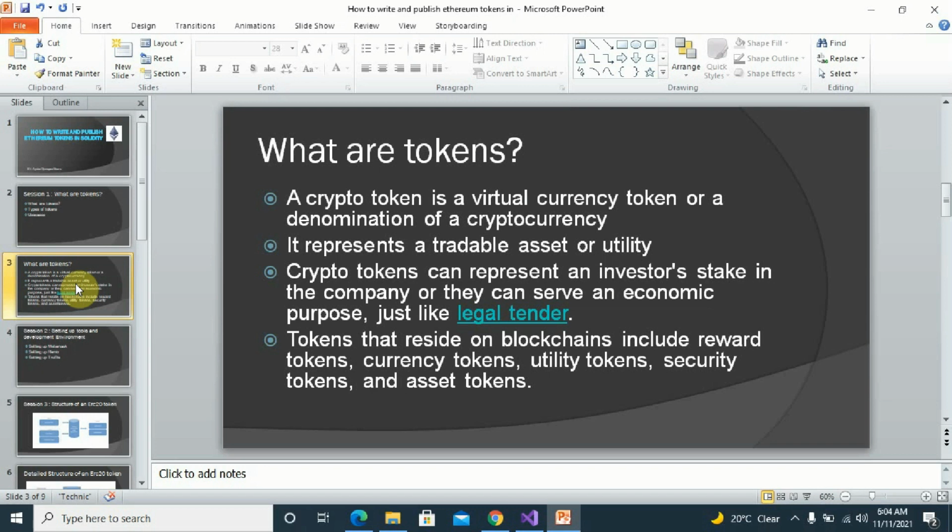So basically, these are what tokens are in regards to blockchain. And in today's video, we're going to see how to create these tokens. We're going to first of all see the structure of these tokens and how to create them on the blockchain, and how to share them with our friends, families and loved ones. So stay with me while I take you through this tutorial on how to write and publish Ethereum tokens